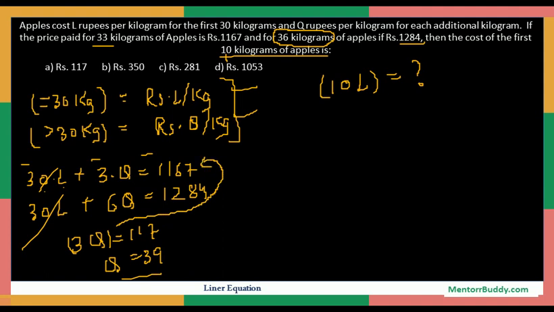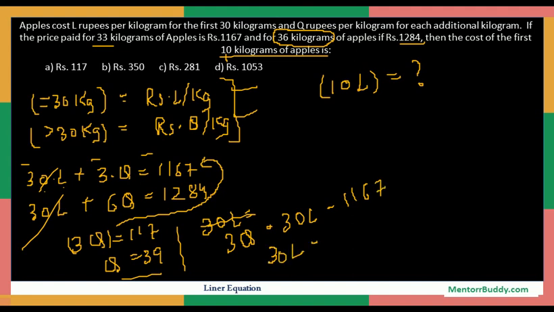So 30L will be equal to 1167 minus 3Q. Solving this, 30L will be equal to 1050. Now we have to figure out the value of 10L. So dividing it by 3, that will be equal to